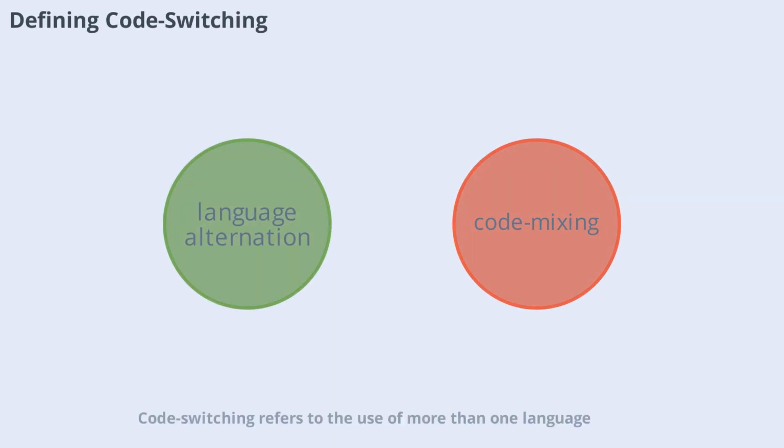Code switching refers to the use of more than one language or dialect within a conversation or even a single sentence. It's a natural, dynamic process that occurs worldwide, transcending cultures and communities. In the context of ESL, teachers and students may switch between English and their native language to clarify meaning, explain concepts, or foster understanding. This practice is also known as language alternation or code mixing. Understanding the mechanics of code switching is crucial for educators aiming to create inclusive and effective learning environments for diverse